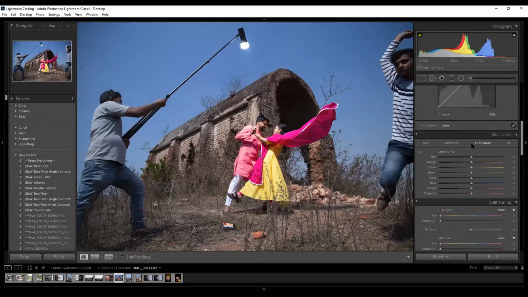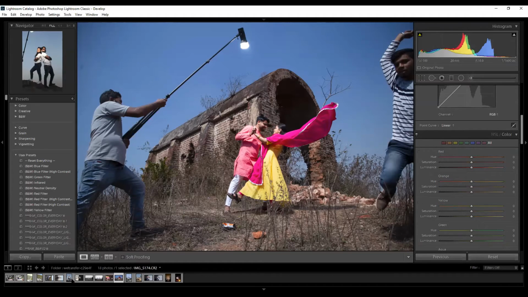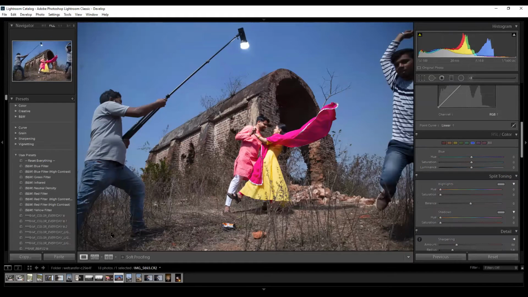So what do this hue, saturation and luminance do? Let's try to work on this. So let's come to the color area, so it will be much easier. Now suppose I take a blue. Hue is basically for the color shift of the colors. Saturation is for increasing or totally removing the color from that color, and luminance is increasing the brightness, the whites, or increasing the darkness of the color.